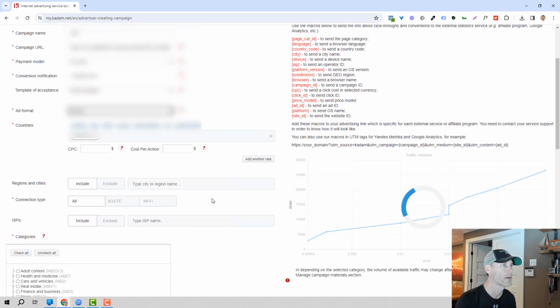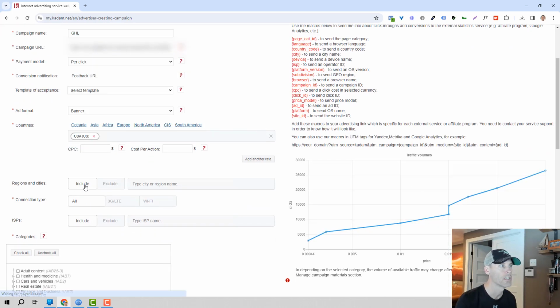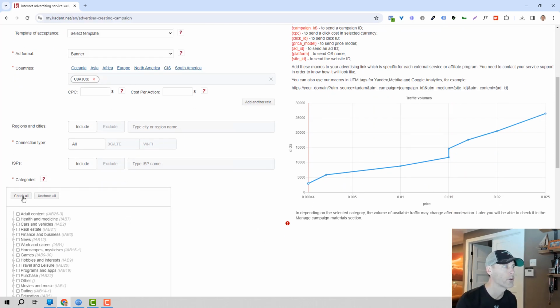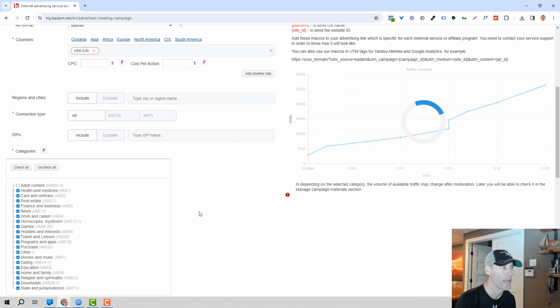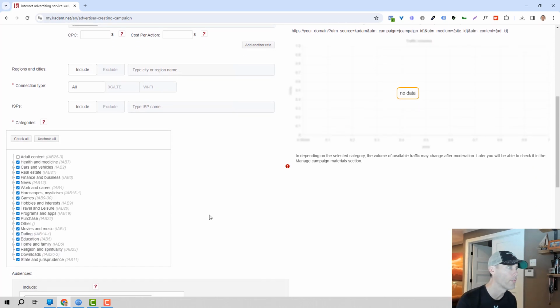And then of course, if there are any specific regions and cities that you want to include, exclude, or anything like that, or if you're going to be focused on any kind of connection type, I'm going to be using all. ISPs, same thing. This is giving me a general idea on price and traffic volumes as of right now. I am going to click check all, and then I'm going to get rid of the adult content because I do not want my ads showing up anywhere on there. I will probably start to tick this down a little bit to try and get out of dating sites,